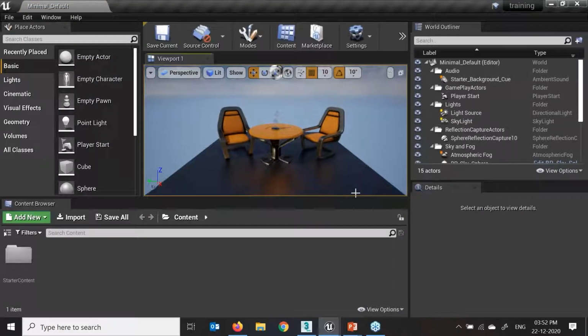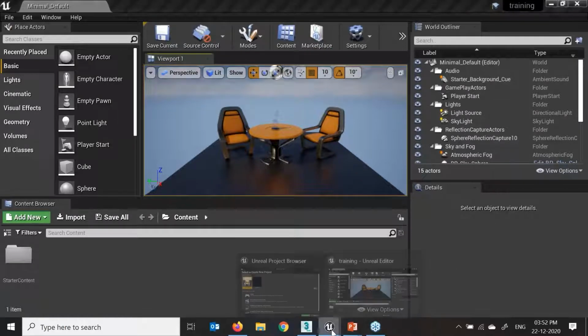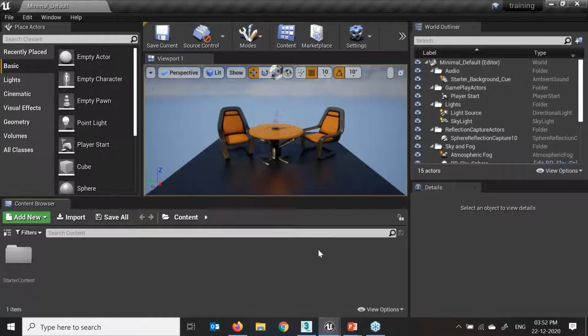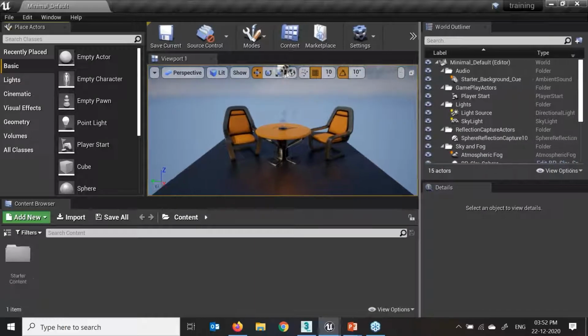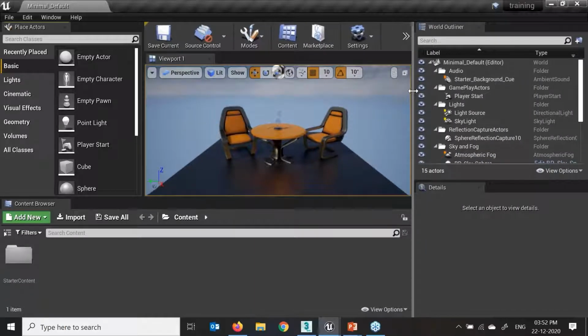Once we have finished our project setting, this is our welcome screen. This is how it's going to look in Unreal. Over here we have the different features available. This is a default project which I have done. If I change into a third person game, we have the different presets.